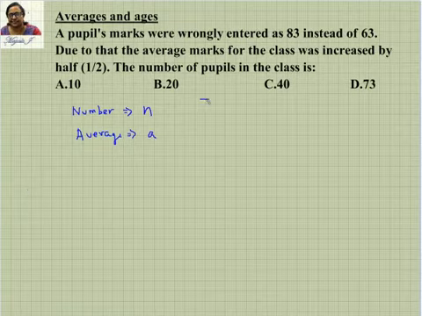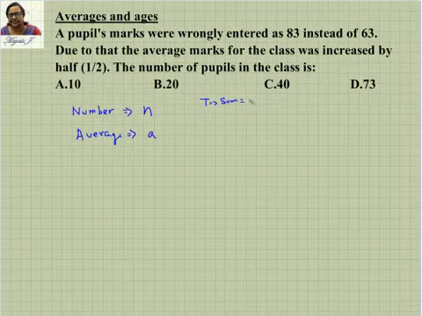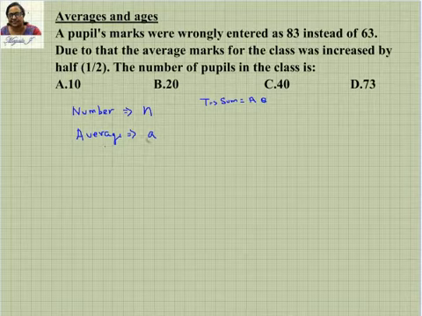That is the total, or I can say the sum is always equal to average into quantity. So these are the three terms we generally use in the average problem. When you have assumed the number, the quantity and the average, the total can be found as n into A. So what's the total here?